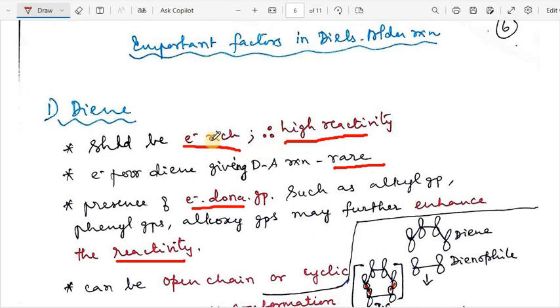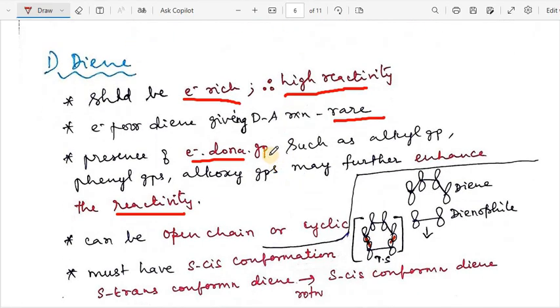The compound should be electron rich. The compound that is going to act as a diene should be electron rich. Therefore, it will have high reactivity. An electron poor diene giving Diels-Alder reaction is rare. And the presence of electron donating groups such as alkyl, phenyl and alkoxy groups may further enhance the reactivity. So, the main condition is that the diene should be electron rich. Therefore, it can possess high reactivity and it should have electron donating substituents so that they will enhance the reactivity